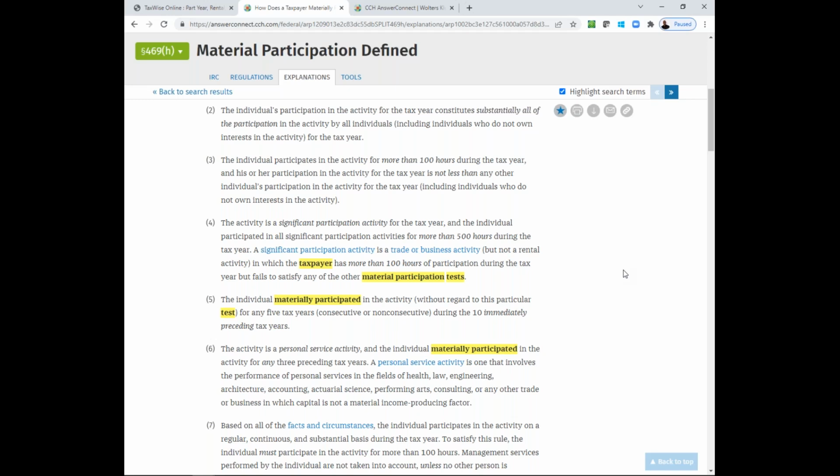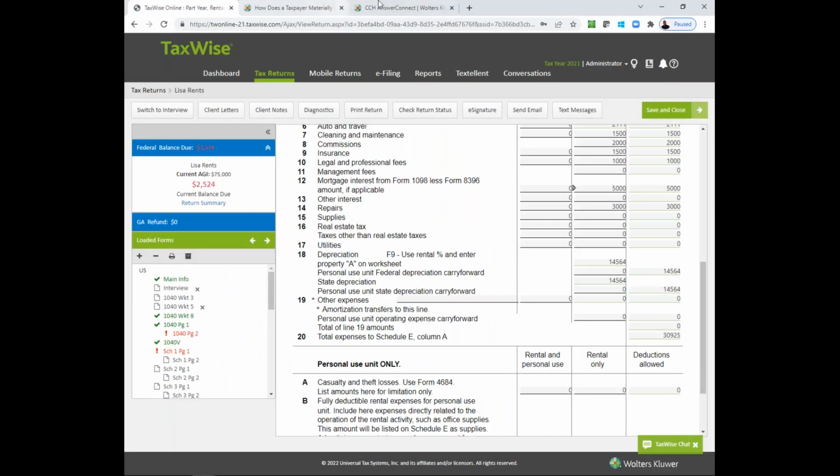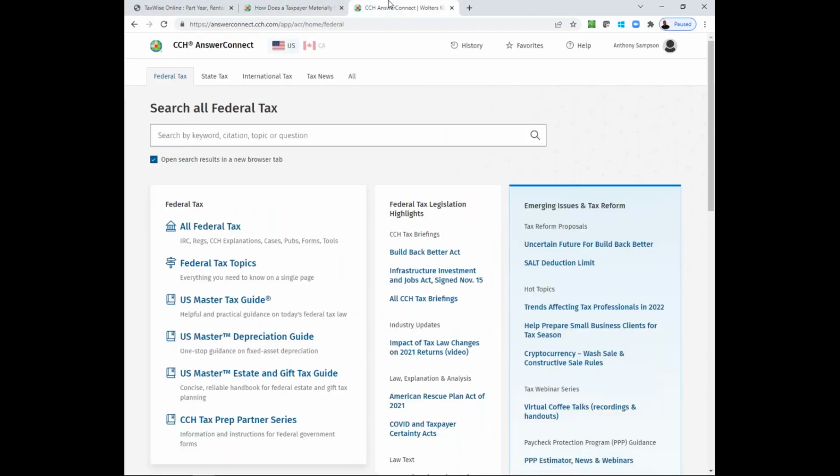They gave me a test. They did their analysis, their research, before they said, Anthony, yes, you do have COVID. Here's what you need to do. You are a tax professional, right? Professional solutions are what you need to be using. Just like how you're using TaxWise to prepare the return, using a product like CCH Answer Connect is effective,